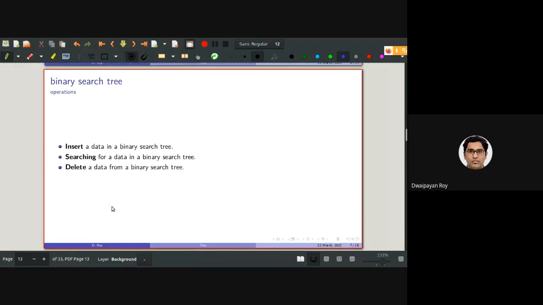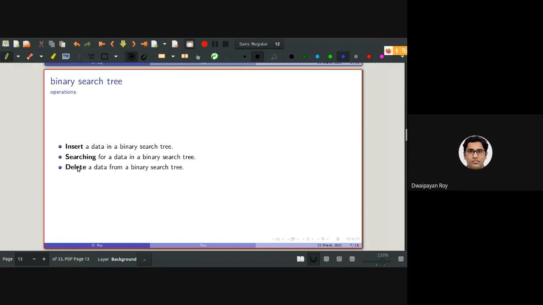All right. So as we have discussed for binary tree, for binary search tree as well, the operations are kind of same. Insertion, searching, deletion. And of course, we can traverse, which is exactly same as the binary tree traversal.